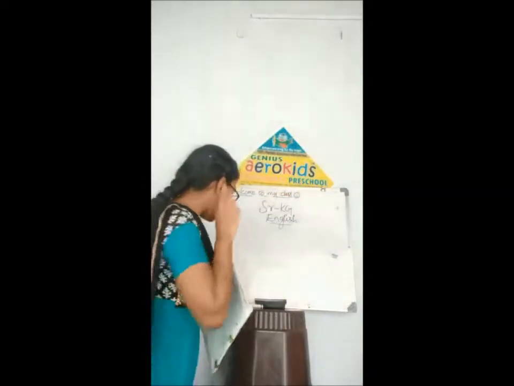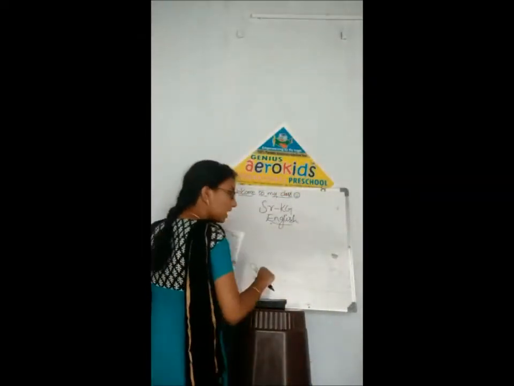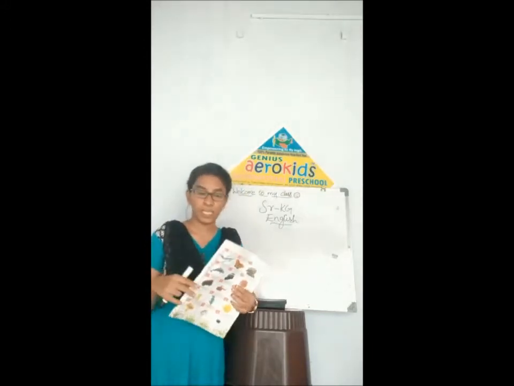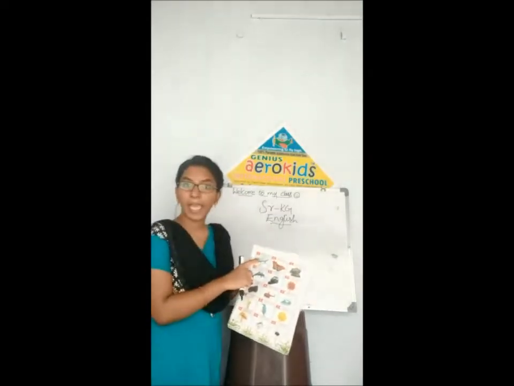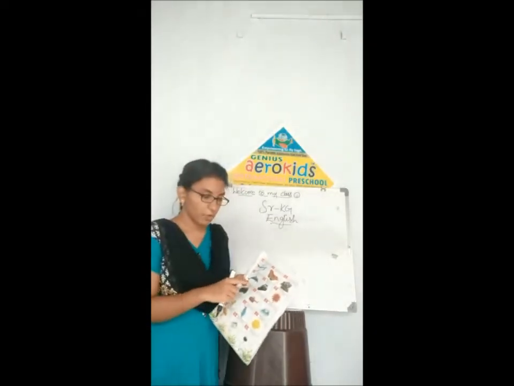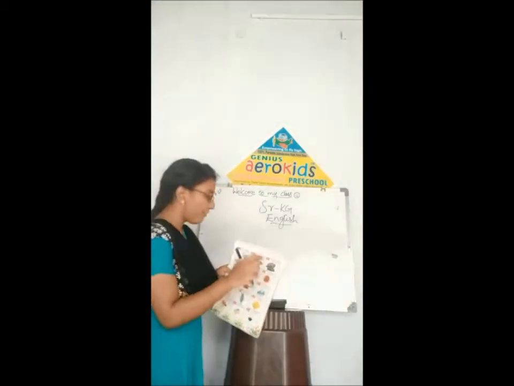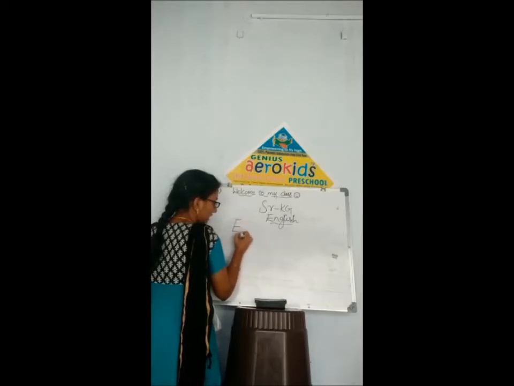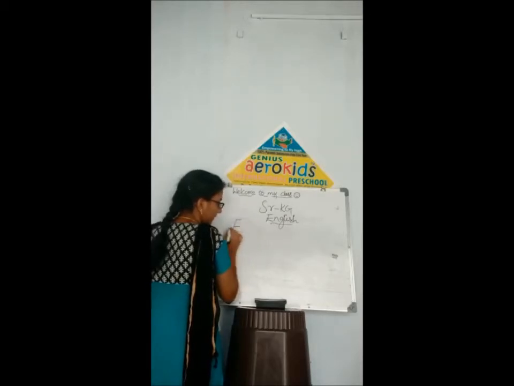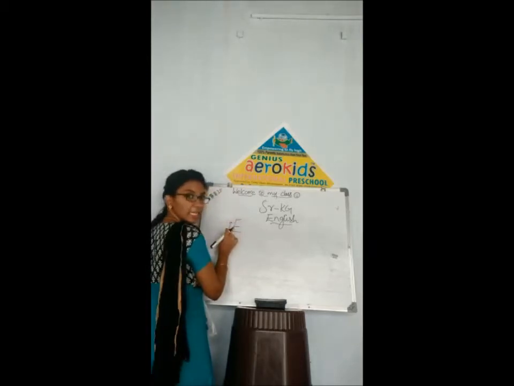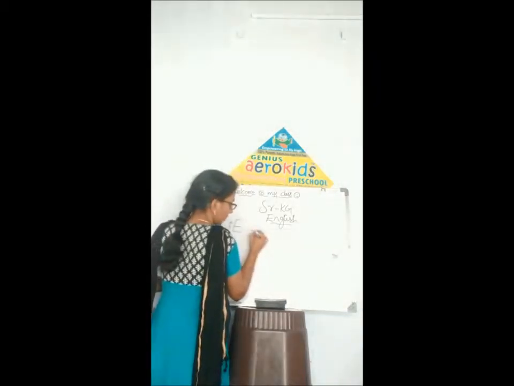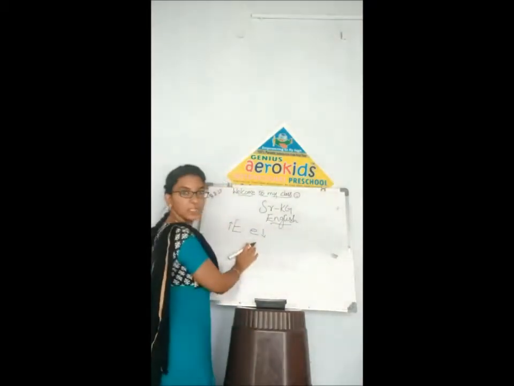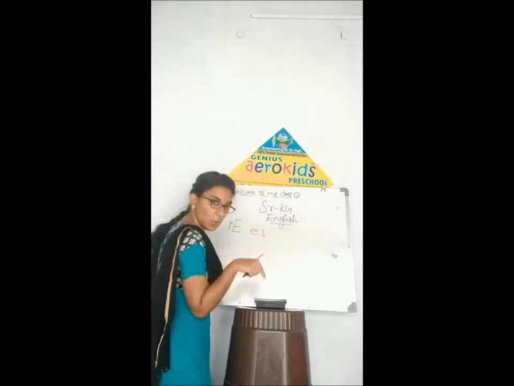Now it's time to write the capital and small alphabets, which means uppercase and lowercase alphabets, right? Already we have written A to D. Now we are going to write E. Capital. Already you know how to write, right? So one standing line, sleeping line, another sleeping line. This gives us uppercase E. Then lowercase: one sleeping line, long curve gives us small letter E. Small letter means lowercase E.